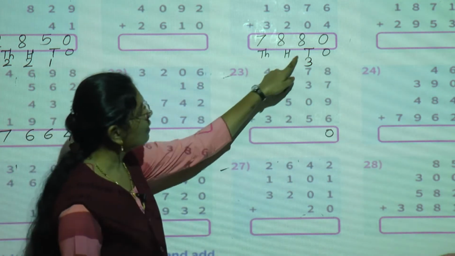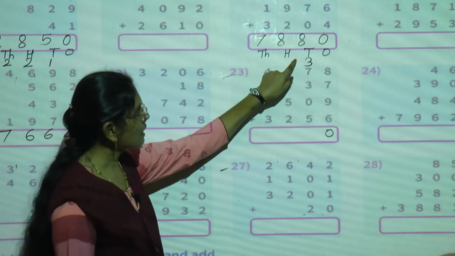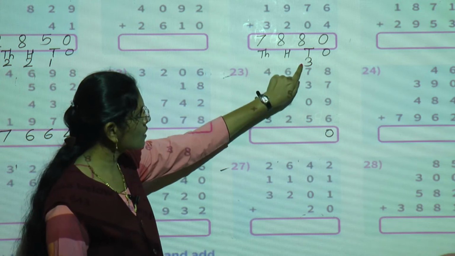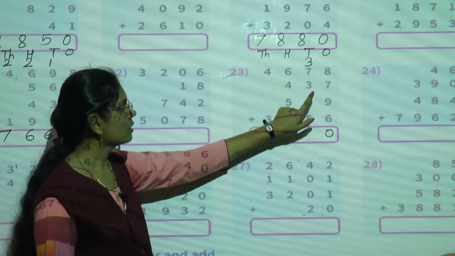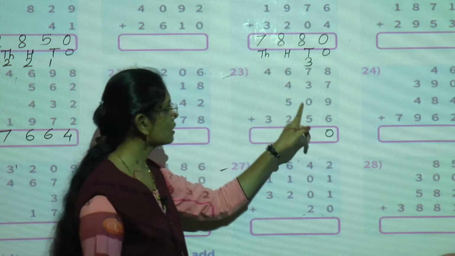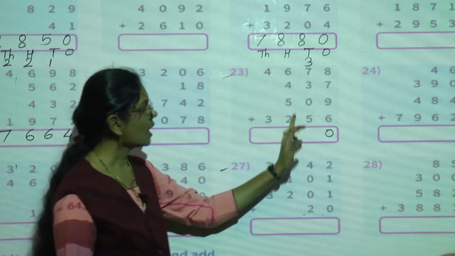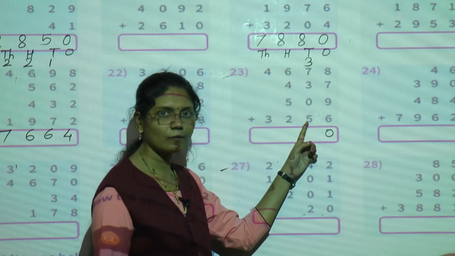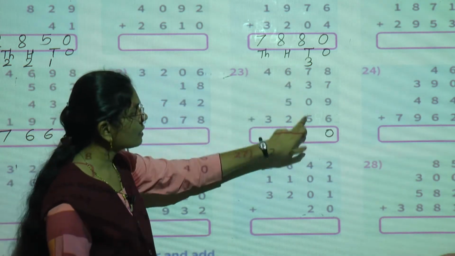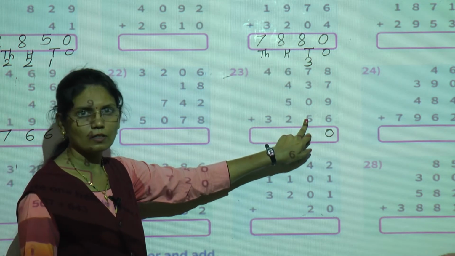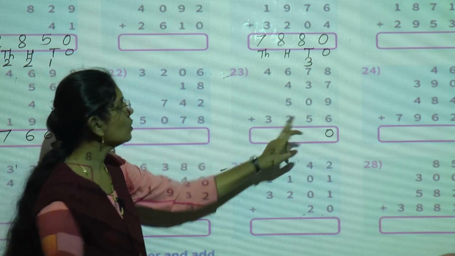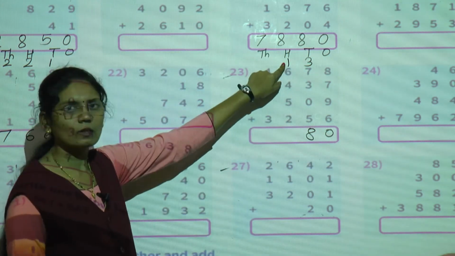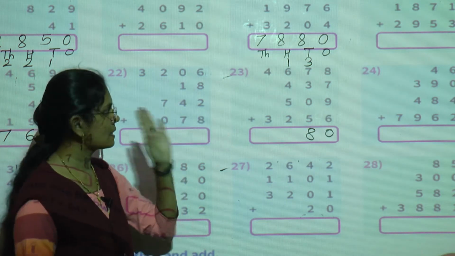Okay. Now see the tens place digit. At the tens place here 3 is there and here 7 is there. So do the addition of these two numbers first. 3 plus 7, 10. 10 plus 3, 13. 13 plus 0, 13. And 13 plus 5, after 13 count your 5 fingers. 13 plus 5, 18. Now 18 tens. 18 tens means what? 18 tens is equal to 8 tens and 100. So 1 we will give as a carry to the hundreds place.